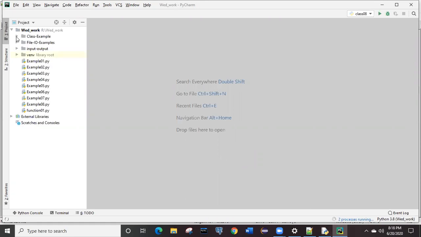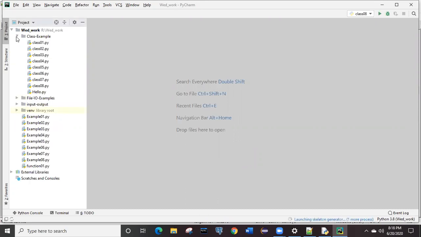So let me open this, and I am going to show you one class example first. Then what content we can write inside it, how to create the object, and how we can initialize that object, everything we are going to focus on here. Also try this approach: instead of creating files directly like this, you can create one folder topic-wise, and inside that create the classes related to it, so it will be compact and easy.